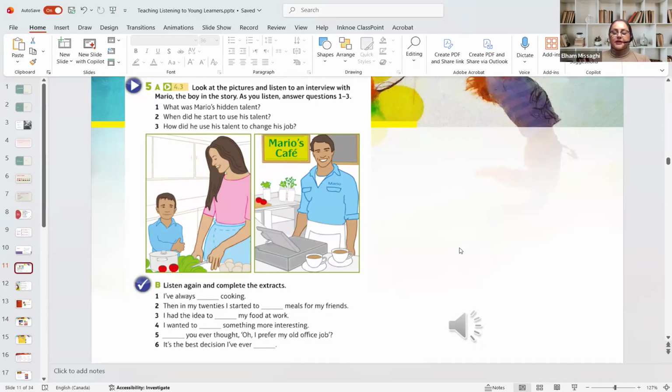Which one? Top down or bottom up? Bottom up. That's bottom up. Why? Because they need to find the proper word and they have to write it in the correct way, with the correct spelling. And when they read out the sentence, they use the correct pronunciation, not any words that they want.